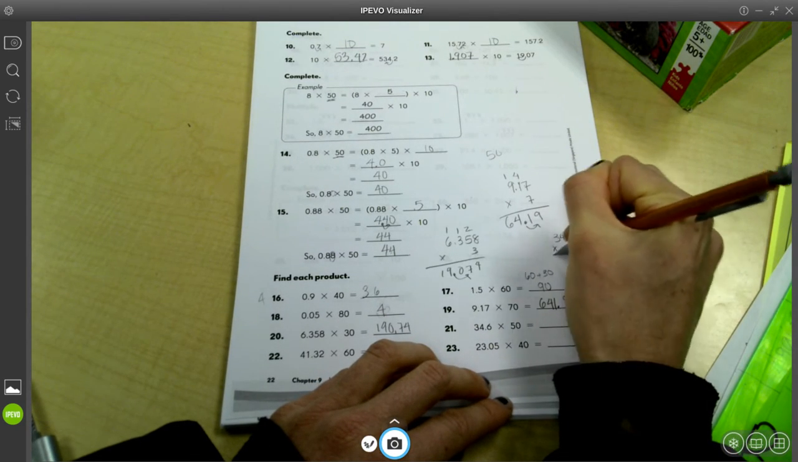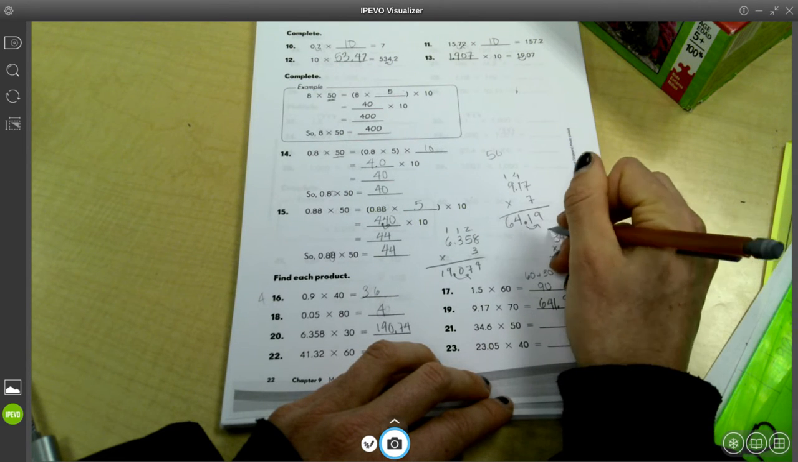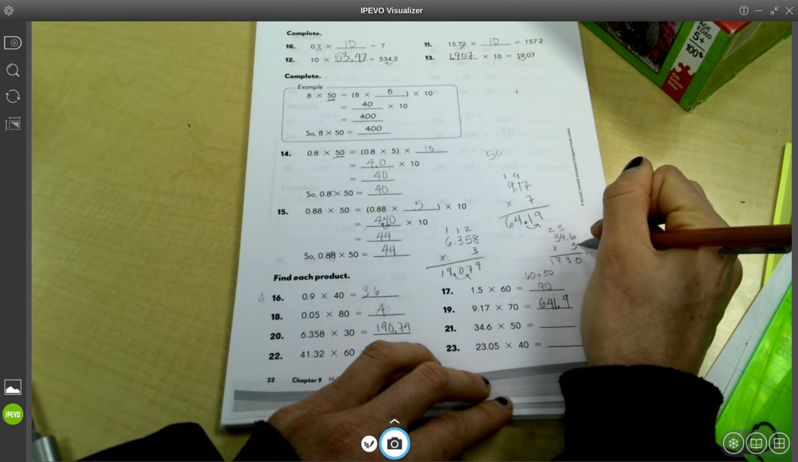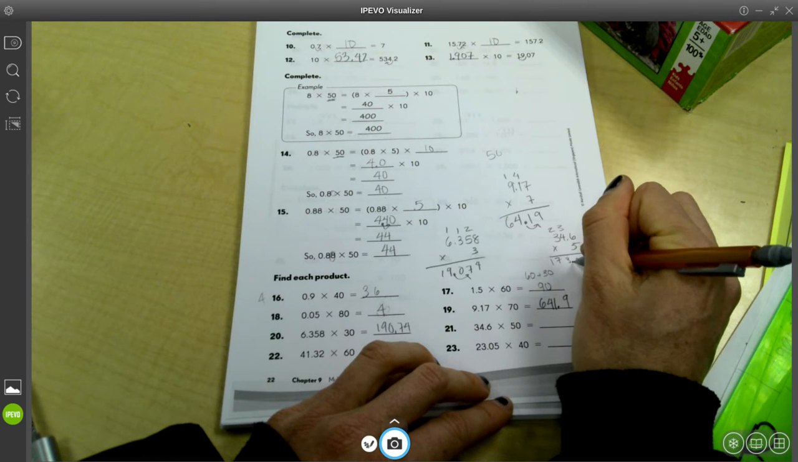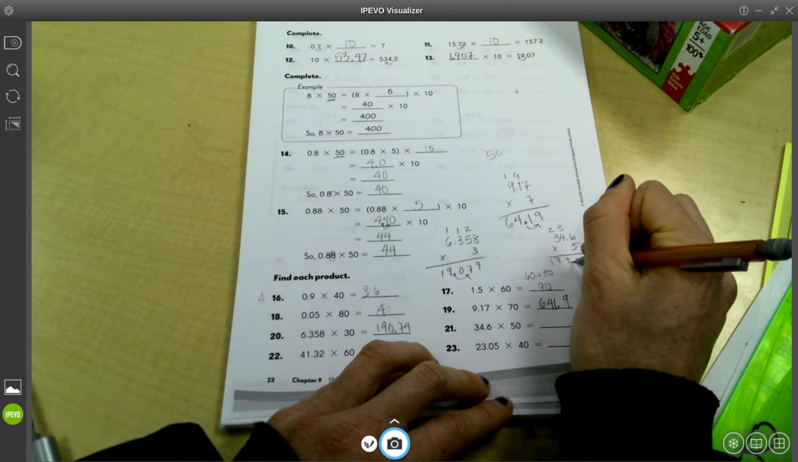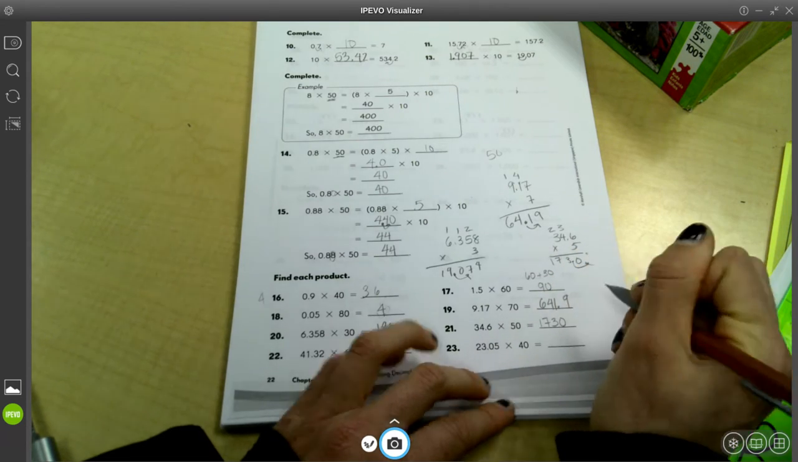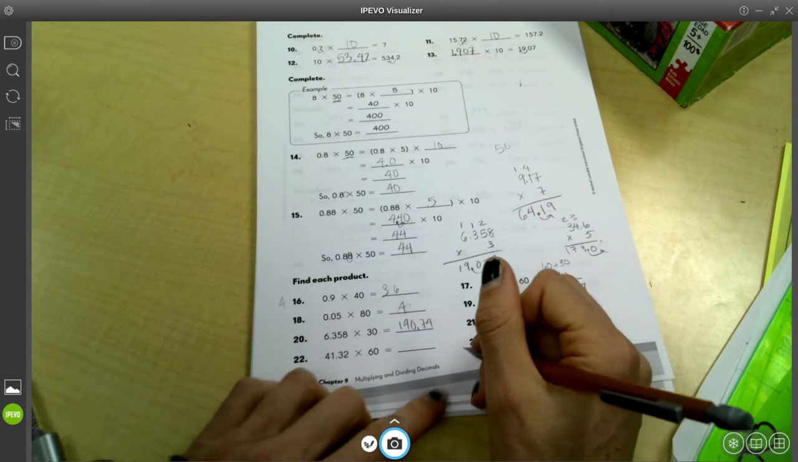34.6 times 5 is 30. 4 times 5 is 20, plus 3 is 23. 5 times 3 is 15, 16, 17. 5 times 34 is going to give me 170-ish, right? 5 times 30 will give me 150. I'm going to move it 1 to the right, 1,730. All right, I'm going to do this one down here,